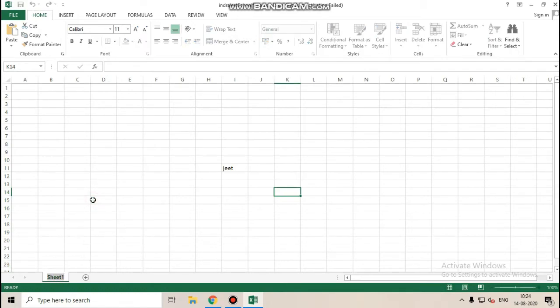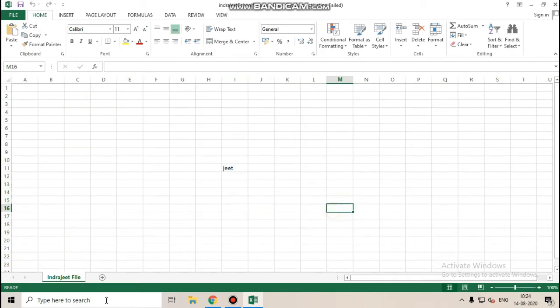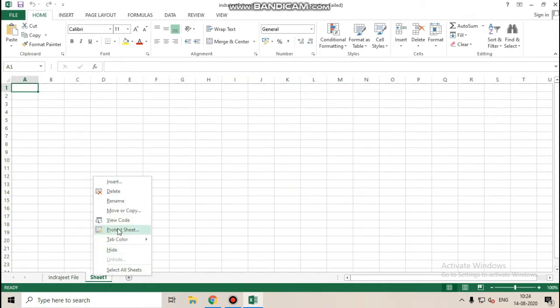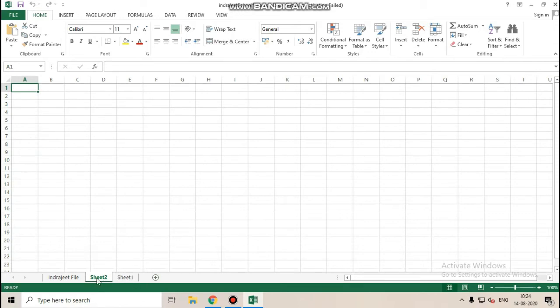Renaming a worksheet. I told you that here is written the sheet tab. You can change it, like in the Jeet file. So here I can do my work. Like this you can rename. And now how can you insert? Just click on this and you can insert. You have another method: right click and insert. It will ask you what you have to insert. Just click worksheet. Look, our new worksheet is here. You can insert like this, or you can click on this plus icon.